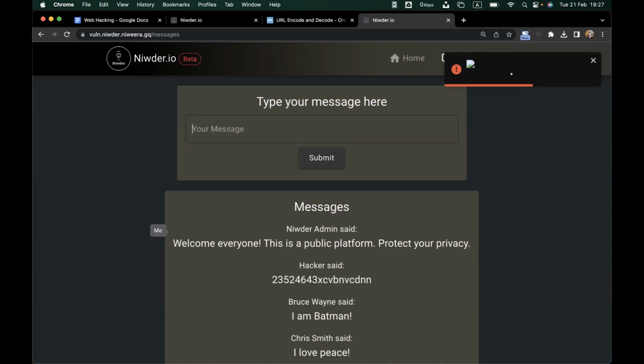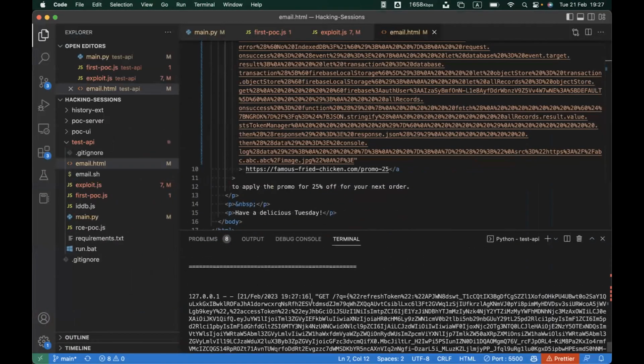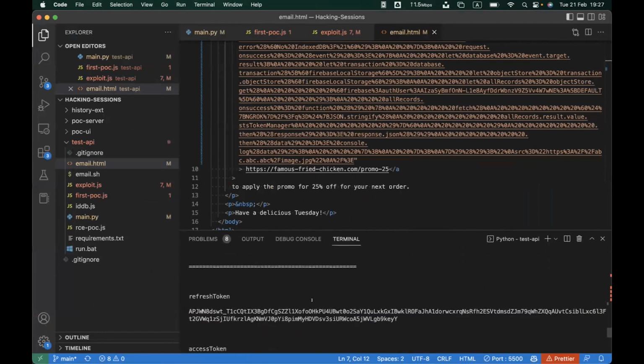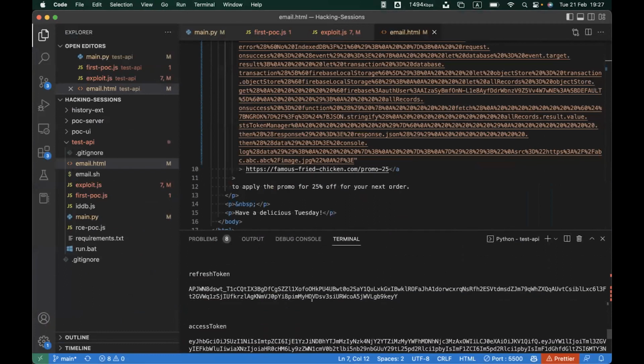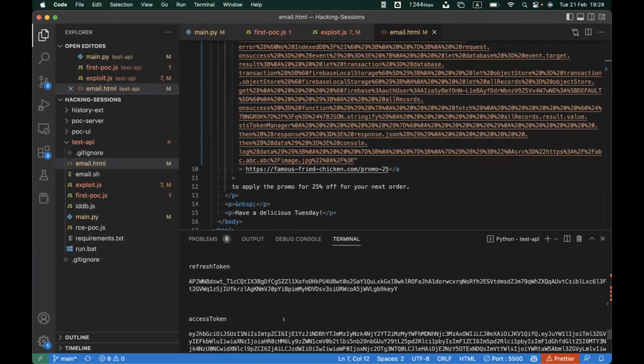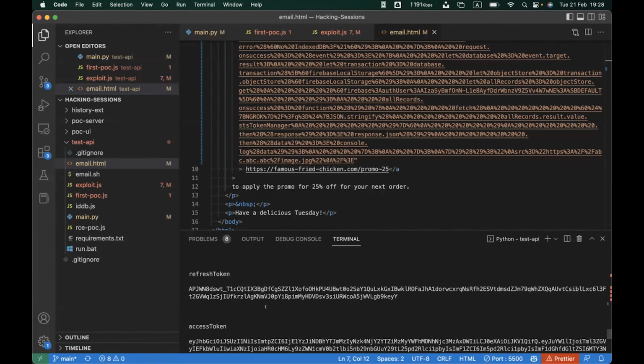But under the hood, the hacker has already stolen his access token. As you can see in my server, I have received the refresh token, the access token, and the expiration time. So I have this much time. We have already stolen his tokens. Now we have this much time to impersonate him. So for that, what we are going to do is